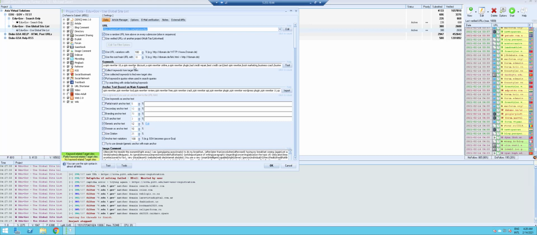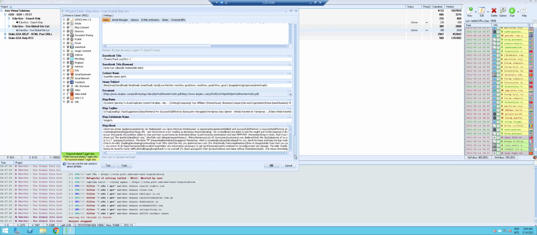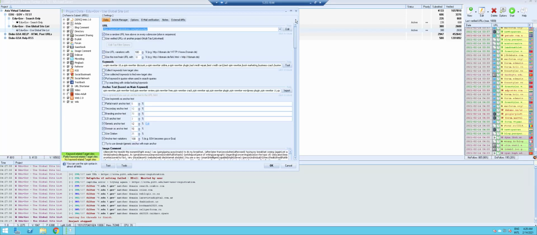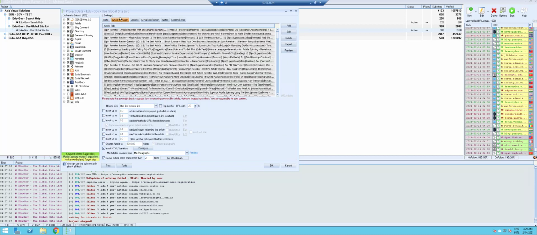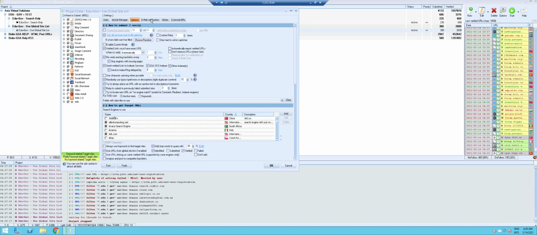I put in my content, and basically I just promote Spin Rewriter. So all my content is in here. I got my PDFs in, everything. I got 150 articles in Syntax. I got 100 emails,